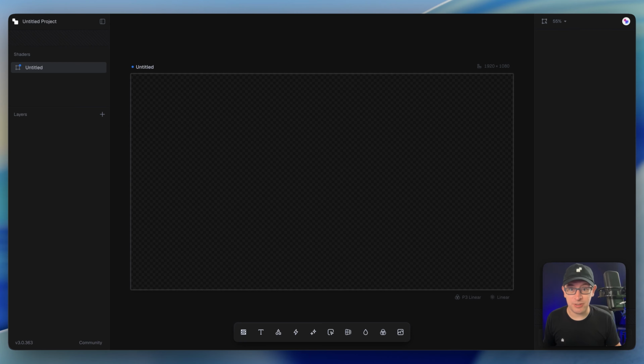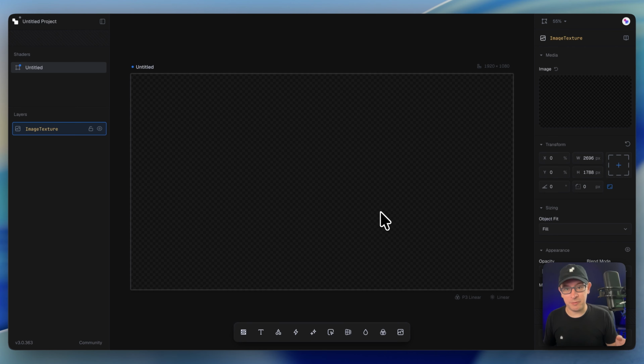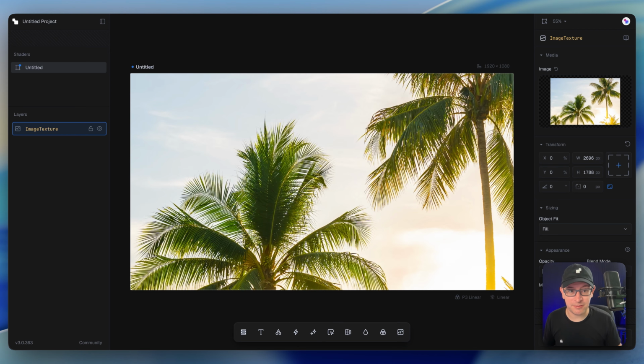So let's start by just getting an image into this empty canvas that we have here. This is a desktop size 1920 by 1080 empty shader canvas. The best way to upload media, now you can do it from the media panel, but I think the best way is just to drag and drop your image. Here I've got one from the desktop. I'm dragging it in to the canvas now. And this is a bit of a bigger image, so give it a second to upload. There it goes. And you can see we've dropped in a new image texture component with our image loaded from